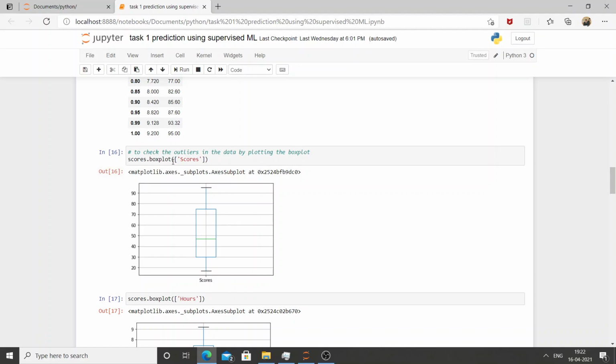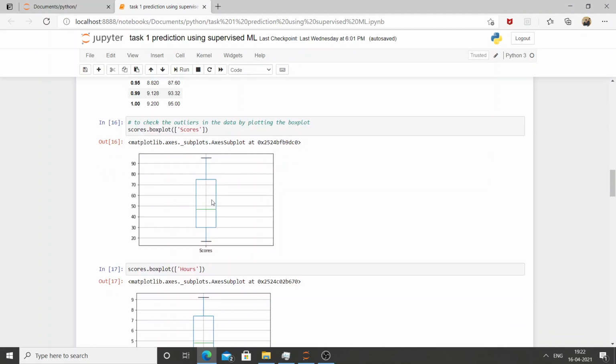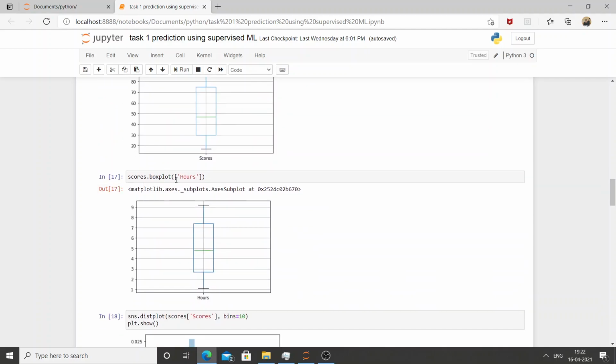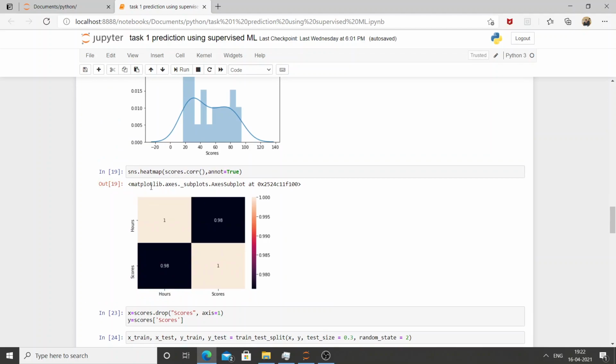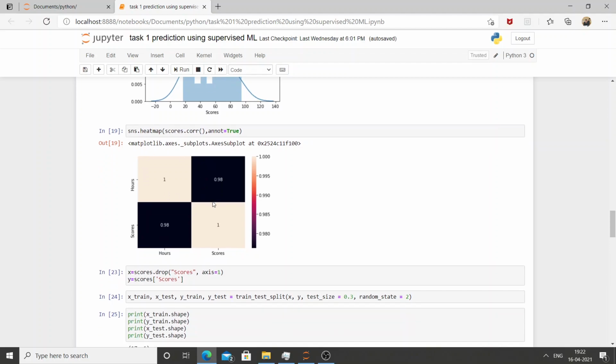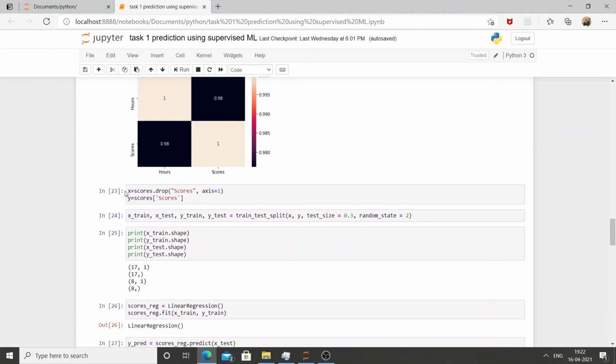A box plot is plotted with the use of score, and again a box plot is plotted with the use of hours, and now the second graph of this plot is plotted with the use of scores, and bins is given 10, and a heat map is plotted with the use of the score correlation values, and the graph is shown in this figure.